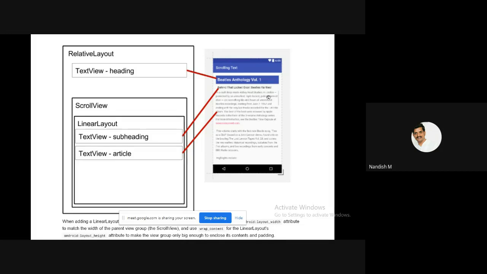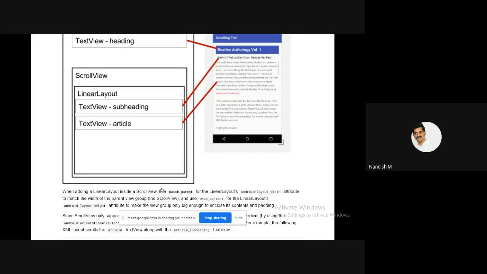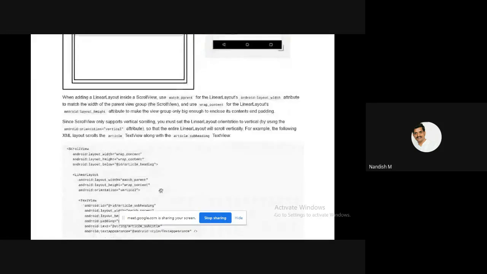What you see on the right hand side, see here there is a scroll bar, that is not going to be enabled. How much size it takes, that much text only is visible, even though the text is there. Since it is not possible to scroll, that is why you are not able to see the next text. Finally, this is the code which I have shown. Scroll view, linear layout, text view, text view.